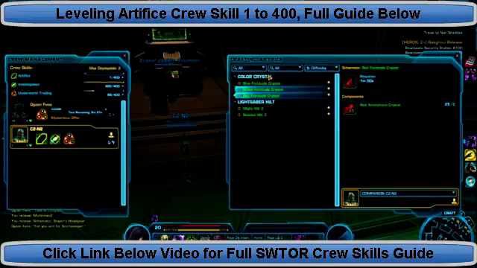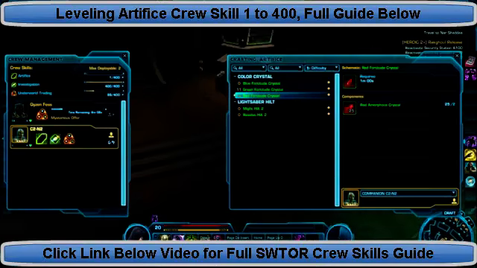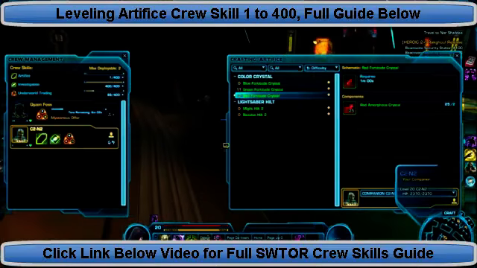So what I decided to do is make a video guide on how to raise Artifice 1 through 400. Now, I'm pretty much just going to be saying exactly what's on my website, but like I said, some people enjoy watching videos more than they enjoy reading, so you can listen to my nerdy voice serenade you into how to level your Artifice. Now, first thing you want to do is go to your trainer on the fleet station